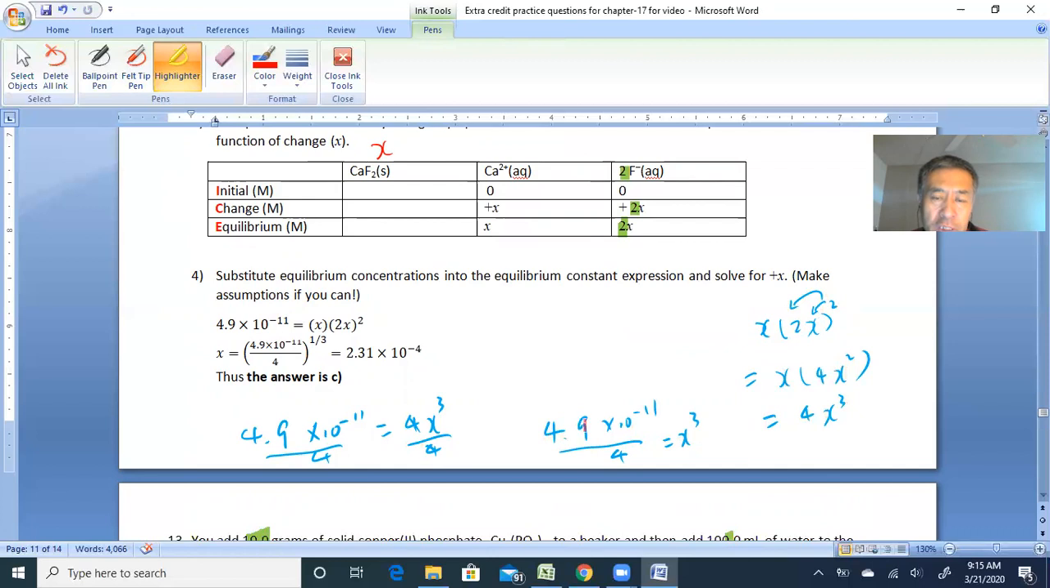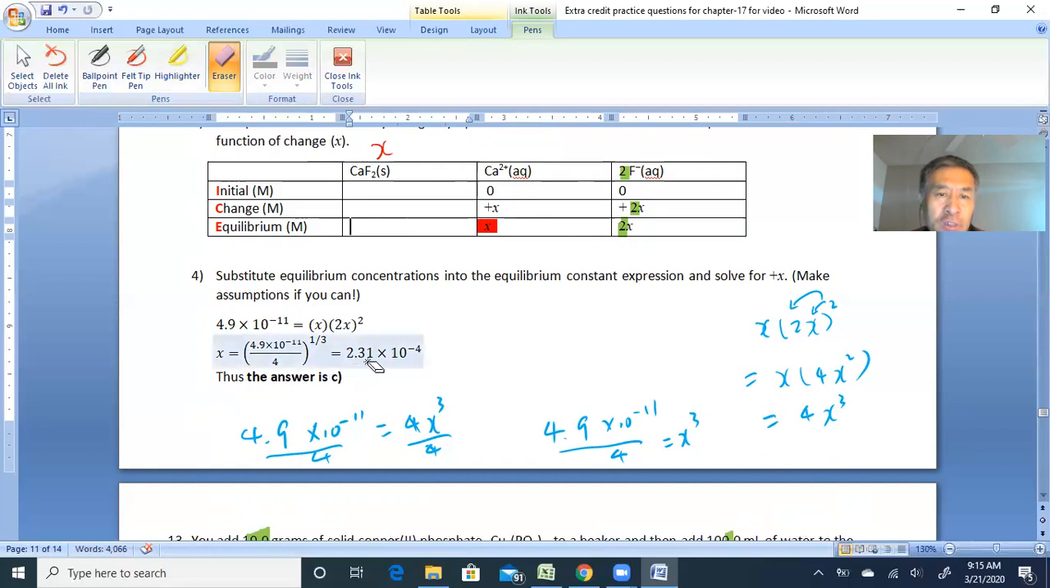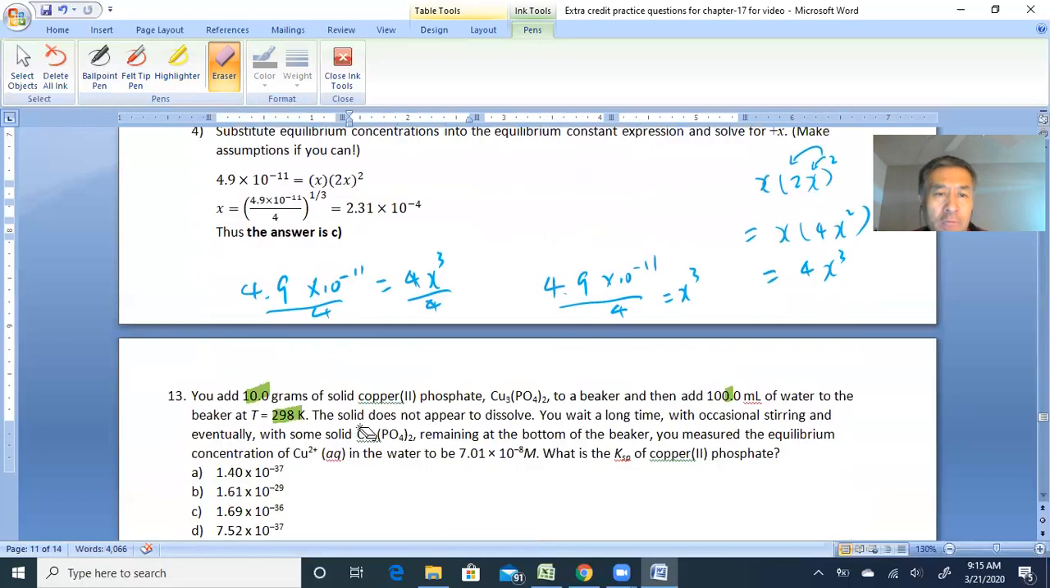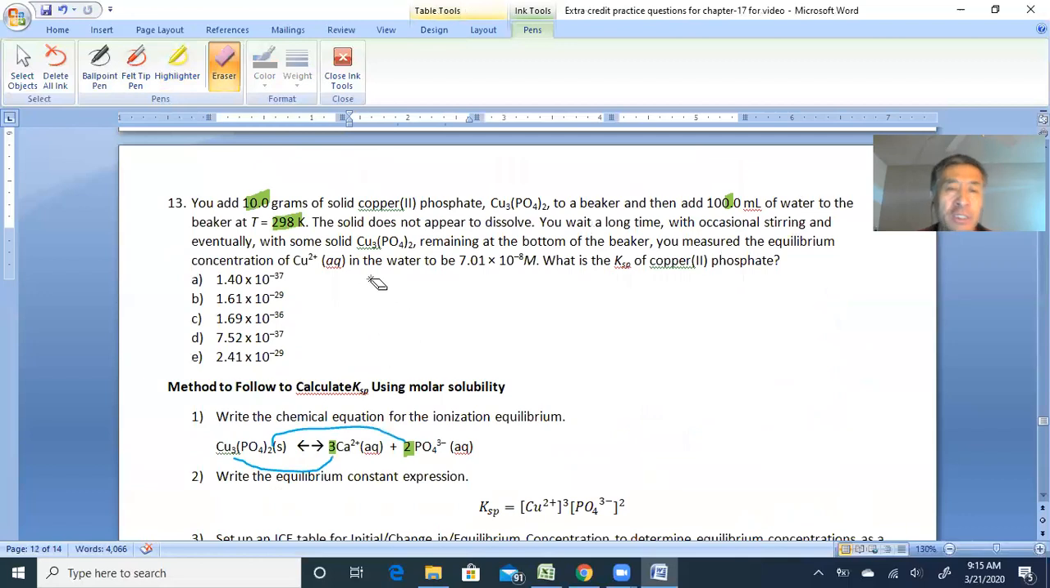So 4x cubed equals that. Then you divide by 4, then you take the cube root. So therefore, you get this number here. So now you find out the X. As we said, X is the molar solubility for the salt. So therefore, we find our answer is X, which is 2.31 times 10 to the negative 4. The answer is C. So next question is, you add 10.0 grams of solid